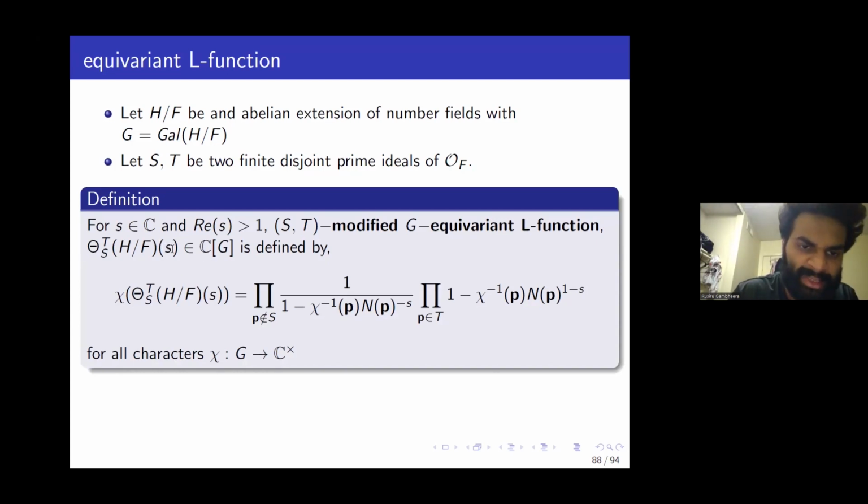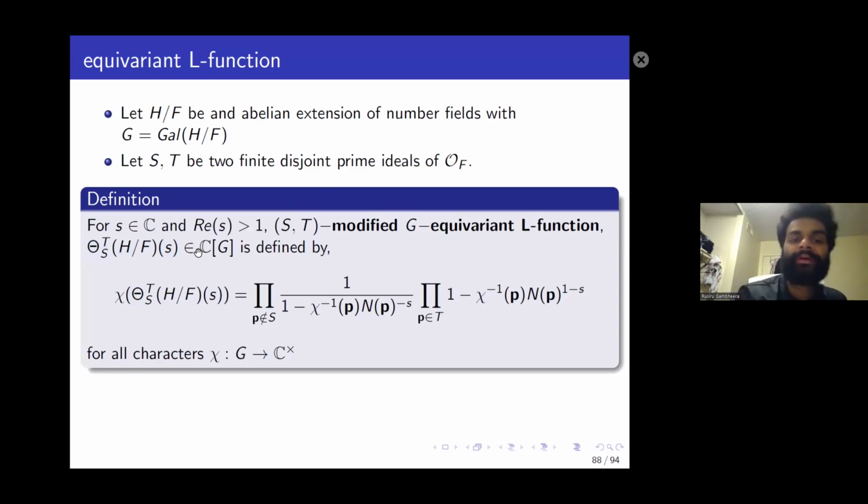This s is a complex number. In the earlier theta function, you put in a complex number and get back a complex number. Here, the domain is still a complex number, this s, and the output is